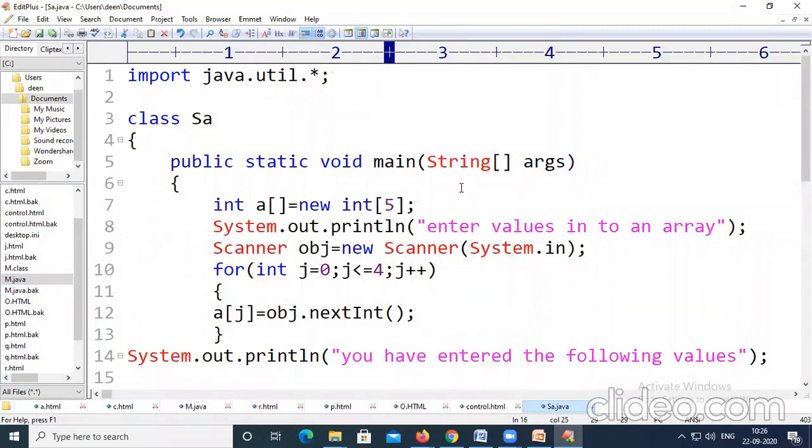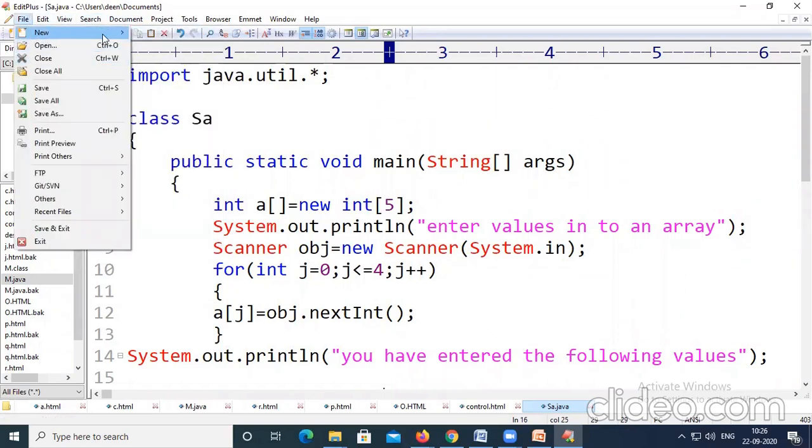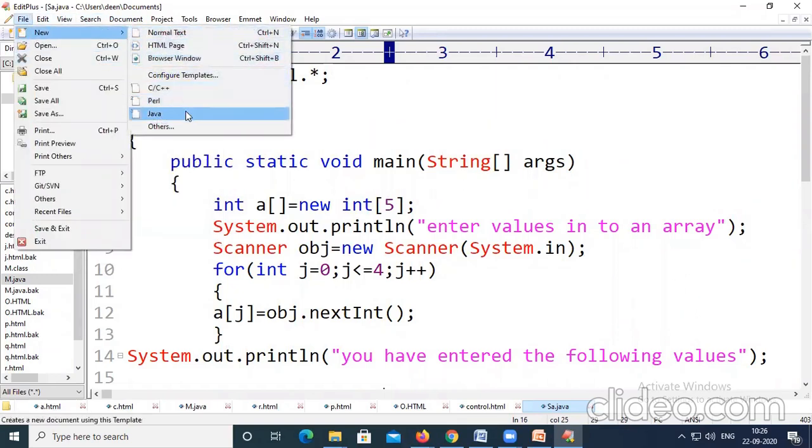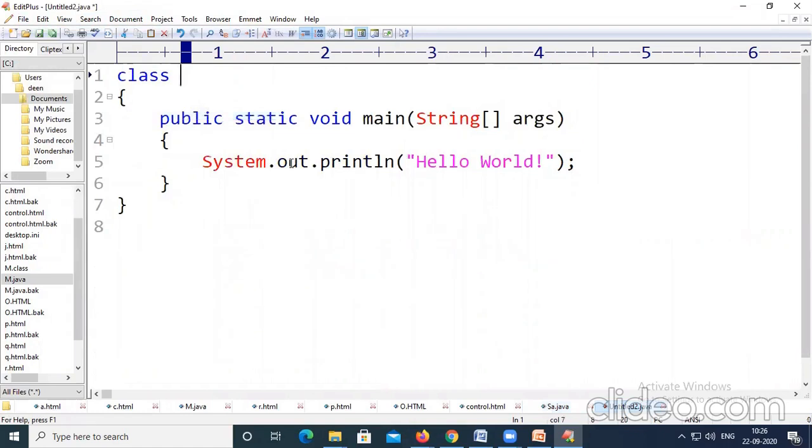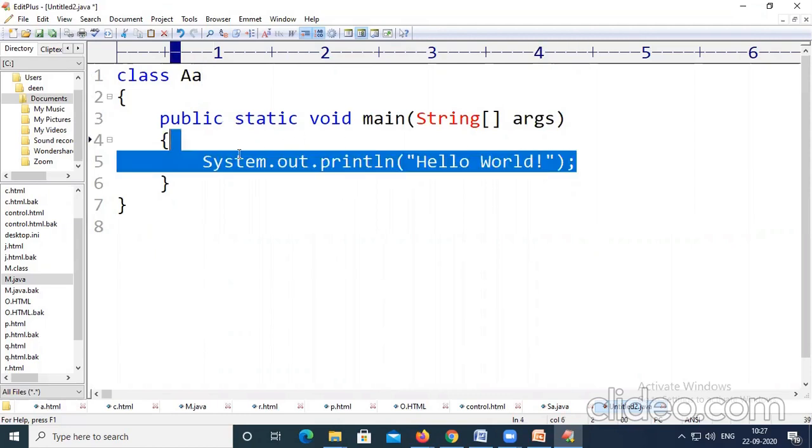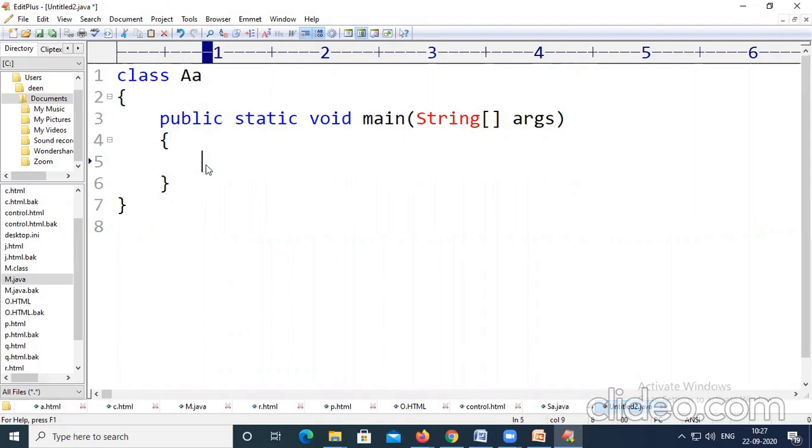Now we are going to see a new program in which we will add two arrays, right? So it is addition of array, that's why I'm defining this one as addition of array, right? Inside the main method, inside the public static void main String args, right? I want to make use of three arrays here, because two arrays will store input values and one array will store the result of the addition, right?